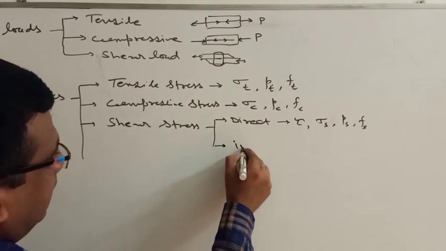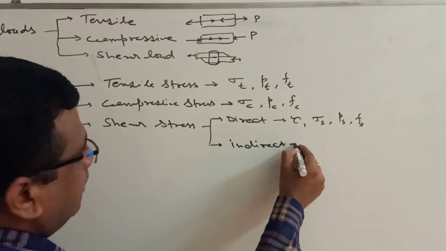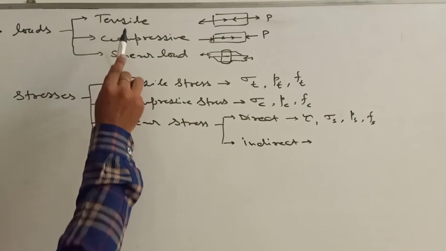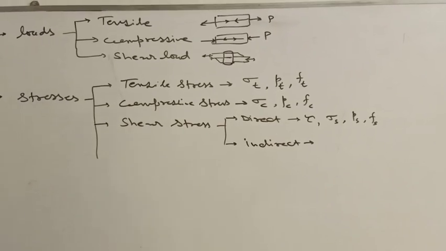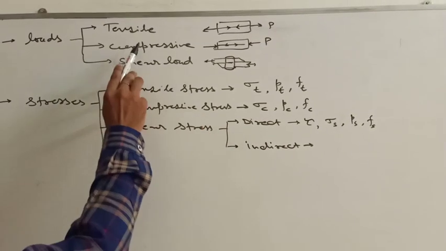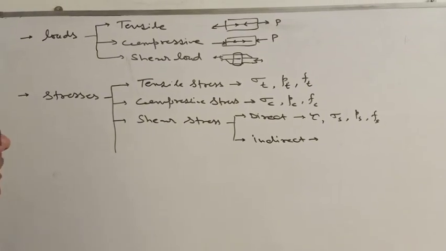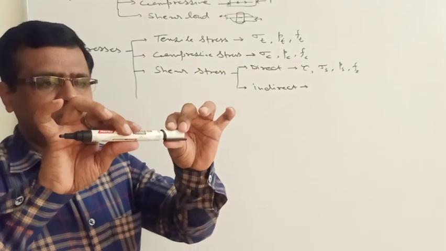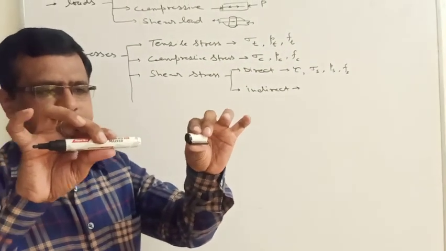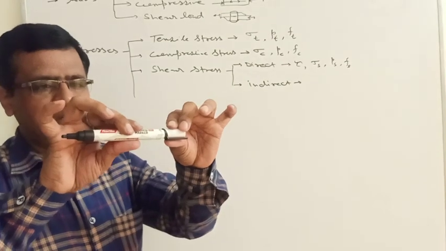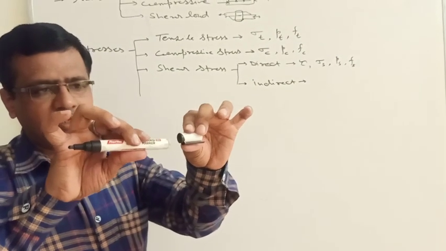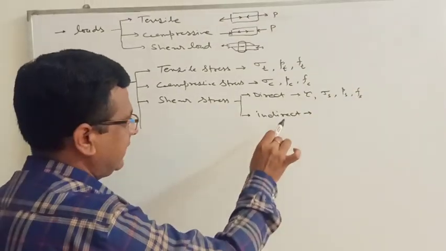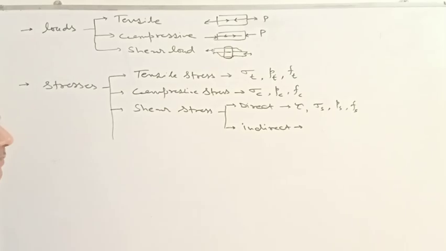And in case of indirect shearing, we are applying a load in the nature of tensile, but the failure that occurs is the shear failure. That's why it is indirect. The loading is tensile, but the failure is the shear failure. For example, if this is our object and we are applying the load, and it fails in this manner due to the tensile loading, then there is a shear failure. That's why it can also be found out in indirect manners.